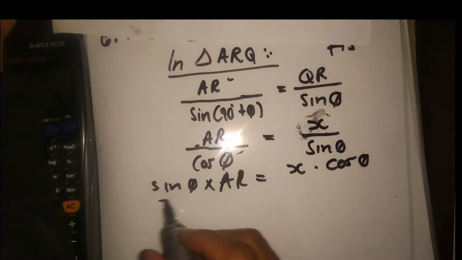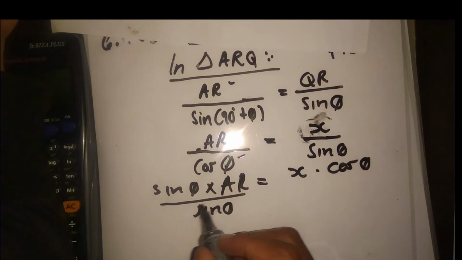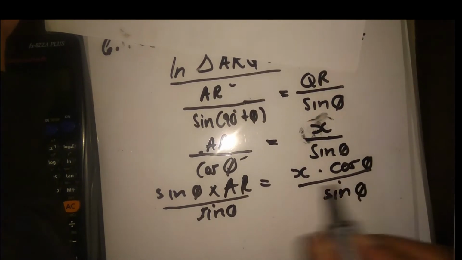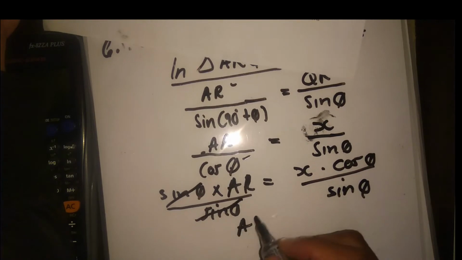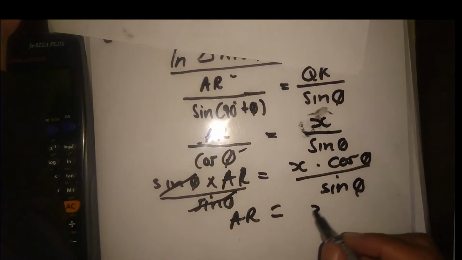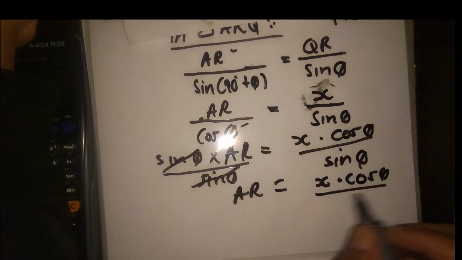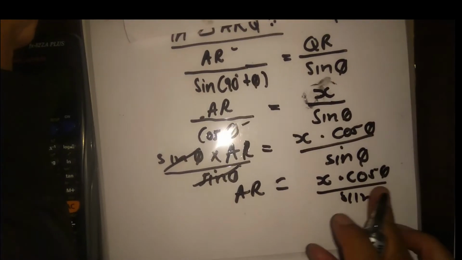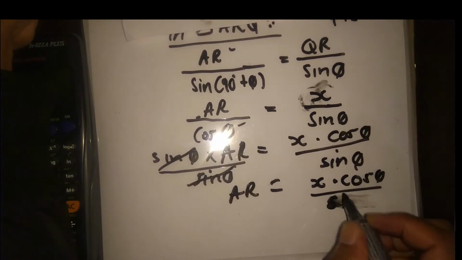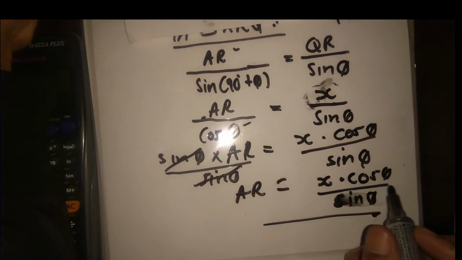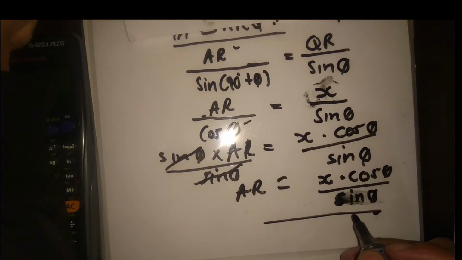Then I divide both sides by sine theta, sine theta cancels, AR is equal to x cos theta divided by sine theta. So AR is equal to x times cos theta all over sine theta. So now 6.2